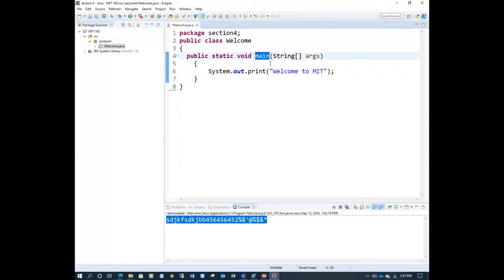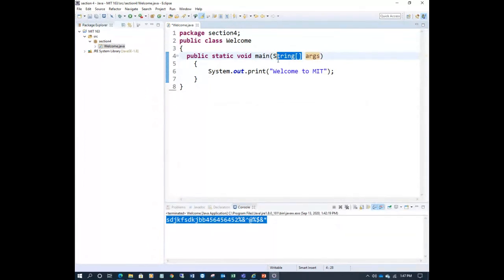Main is the method from where the program starts execution. The next is String arguments. This is called command line arguments, where it takes inputs, a group of strings, numbers, or text, from the command prompt console. We don't do any examples of this. Just remember this is called command line arguments. And this symbol is called brackets, which denotes arrays. We have one chapter on arrays, we'll see this at the end.